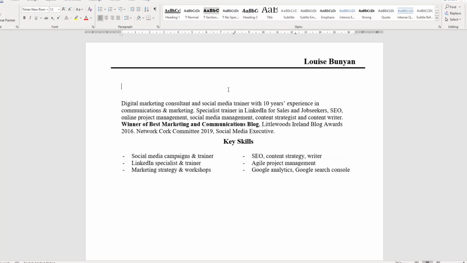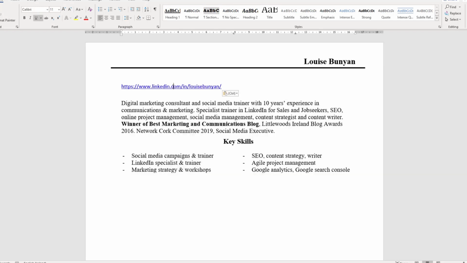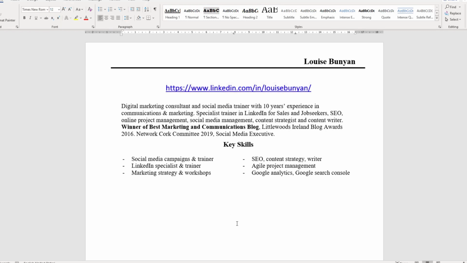So on your CV, you'll have your contact details, such as your phone number, your email address, or your address. So what we do is we go to the very top of the doc or the bottom, wherever your details are, and just right click and paste. Now that's a little bit small, so I'll just center it and I'm going to make it a little bit bigger. And that's it. You have your lovely URL link on your CV to make everybody's lives a lot easier, so you can be found really quickly on LinkedIn.